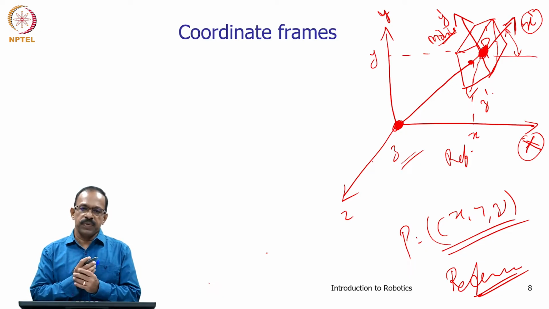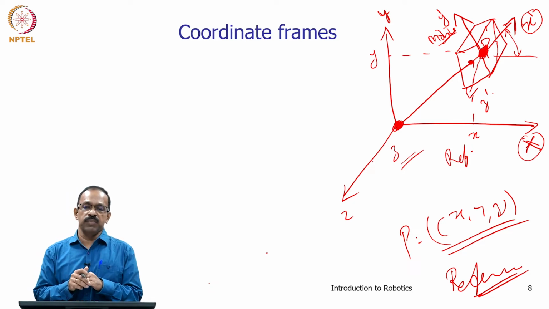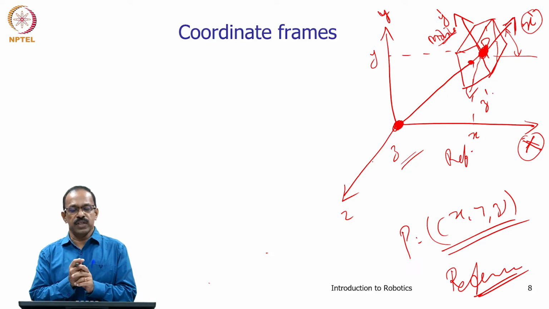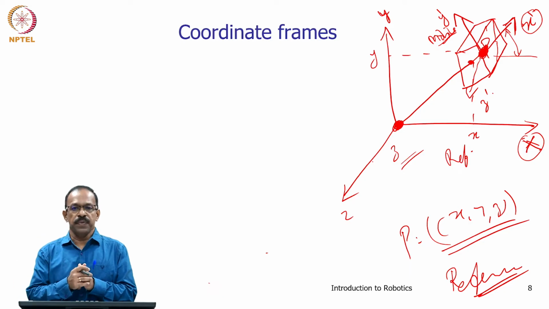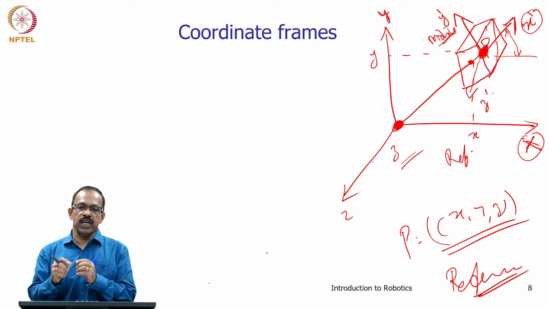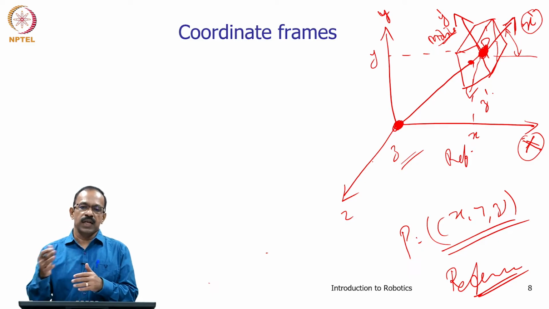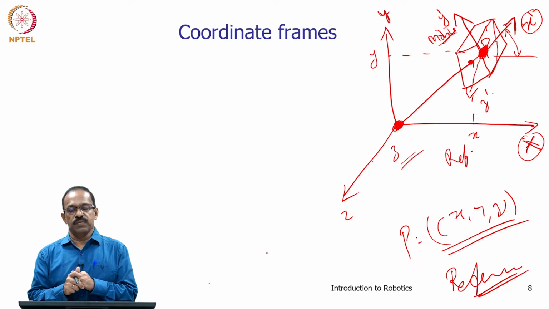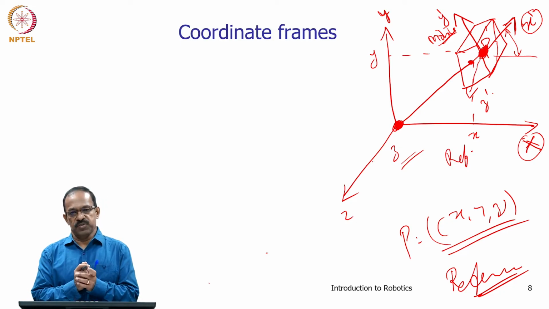So, in order to represent the position and orientation of an object in 3D space, we need to represent them in terms of coordinate frames. We need to identify the reference frame, and with respect to that frame we can represent the position, and we can have a frame attached to the object, and the orientation of that frame with respect to the reference frame gives the orientation of the object with respect to the reference frame. This way we can define the position and orientation of objects with respect to coordinate frames.